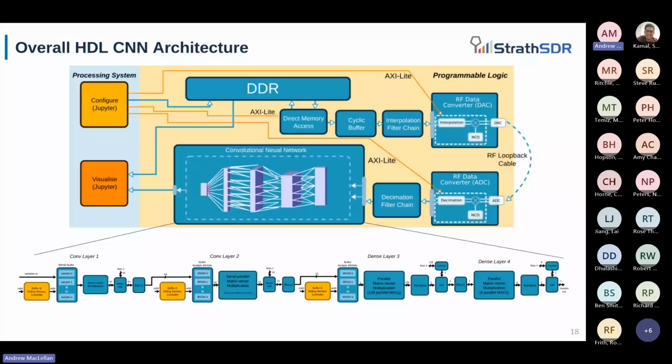And at the bottom, I've tried to unroll what I've implemented in hardware for the convolutional layer. And yes, the 4 layers can be seen clearly here, where we have the sliding window controller for each convolutional layer, where it reads the samples into the buffer, and each of the matrix to vector multiplication stages here, where we might have some different resource sharing factors in those boxes.